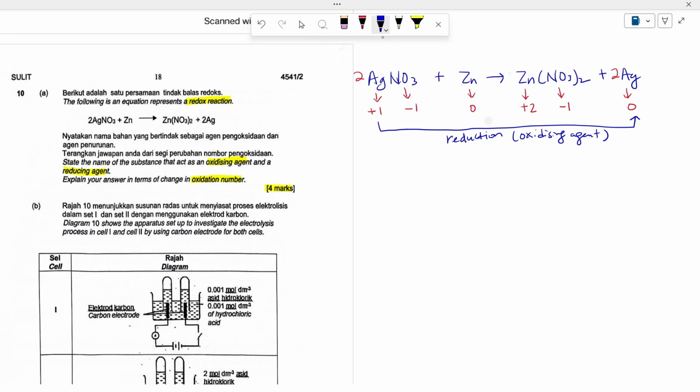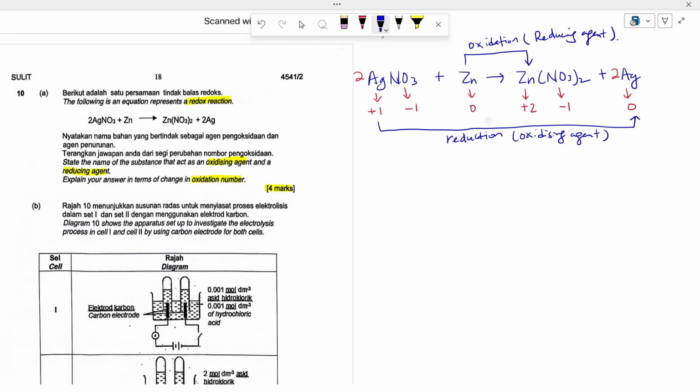Okay, because of the decrease in the oxidation number. Then as nitrate we can see negative 1, here also negative 1, so no change in oxidation number. For zinc, yes, it undergoes oxidation, change in oxidation number from 0 to positive 2, so an increase in oxidation number, so it is oxidation,